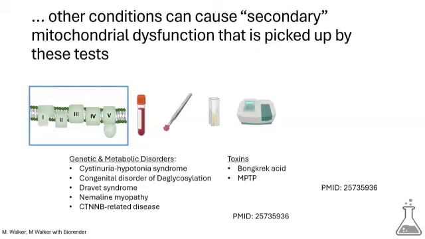You could also have a problem with your tire because your axle is bent and the tire is wearing improperly every time you drive the car. And that's the analogy I would make for some of these other genetic and metabolic disorders causing mitochondrial dysfunction. It stands to reason that if one part of the cell isn't working as well as it could be, it might affect other parts of the cell, correct? So lots of causes of abnormal findings on these tests. And unfortunately, these tests themselves don't give us enough information to be able to tell the difference.